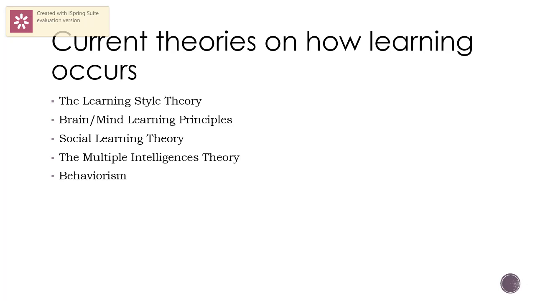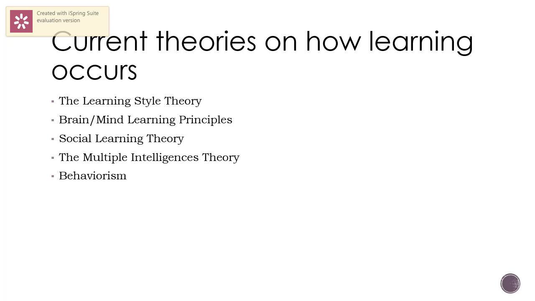There is an endless supply of theories on how learning occurs. I have chosen 5 to focus on. The first is the learning style theory. This theory focuses on the fact that children learn in many different ways. The key is to reach each child with whatever style of learning they learn best. The 4 main types of learners are concrete and abstract perceivers and active and reflective processors. Teachers can reach all 4 learning styles by using a variety in their curriculum and instruction, such as experience, reflection,